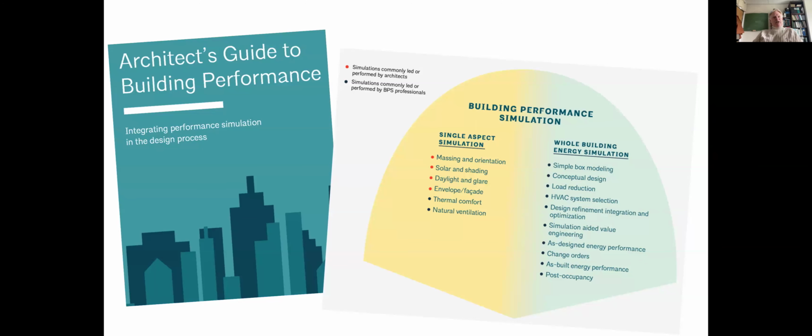The American Institute of Architects has produced a very interesting guide called The Architect's Guide to Building Performance, and it really introduces what BPS is and how it can benefit the design process. In this document, they make a distinction between the types of BPS analyses commonly performed by architects, such as massing and orientation, solar and shading, daylighting and glare, typically made at the early stages of design. They distinguish that from the types of analyses that are conducted by what they call BPS